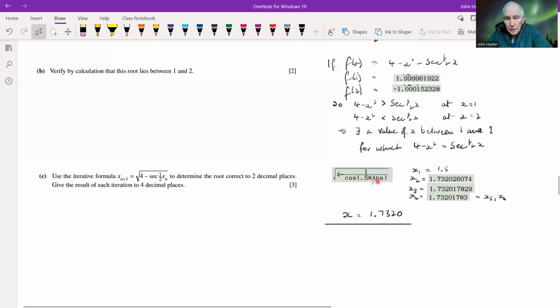It's stored in there. And then once we've typed this in, we can then hit equals on this, and it will calculate this with that 1.5 in that storage location there. And what it does is it calculates this value. Okay. Now this value then is actually in the ANS storage location. So when we hit equals again, it will reevaluate this using this x2